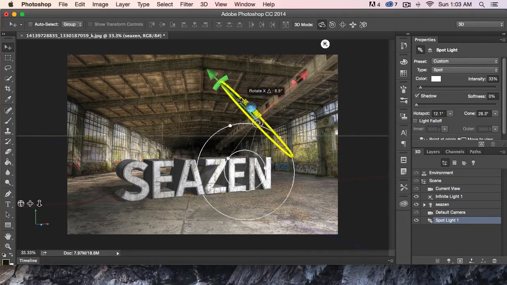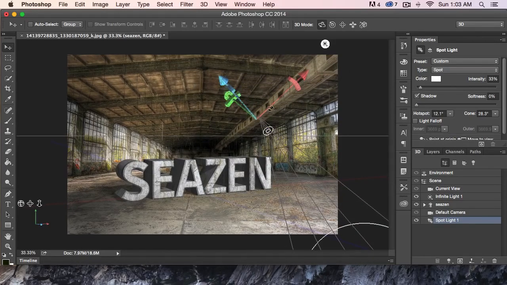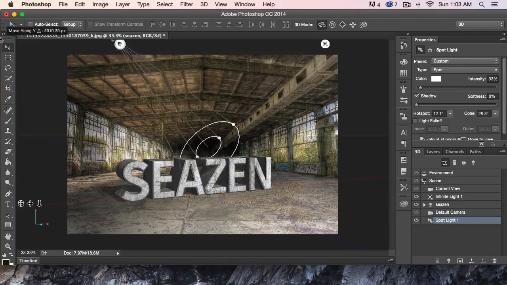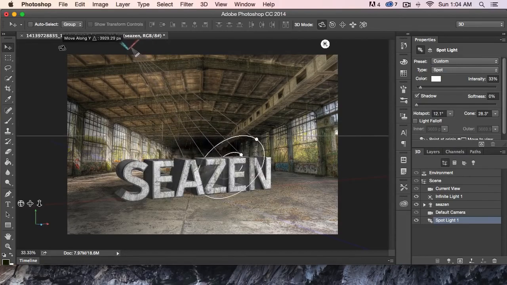Let's go ahead and maybe I'll just move this a little bit, okay, just to play with some different shadow angles, okay? So we'll go ahead and just move this guy like so. And you can see how it's a little bit harder to see when we're not rendering. We can see how this light is hitting right here, and it's making right here bright, and it's keeping some dark shadows in here. It's hard to tell right now, but if we hit render,